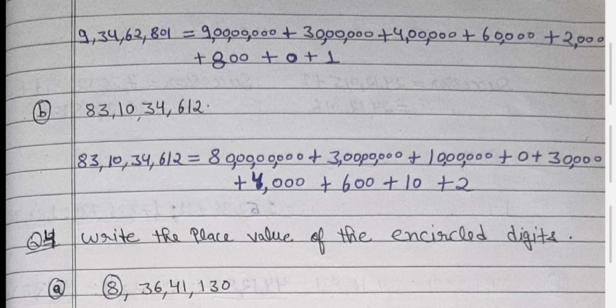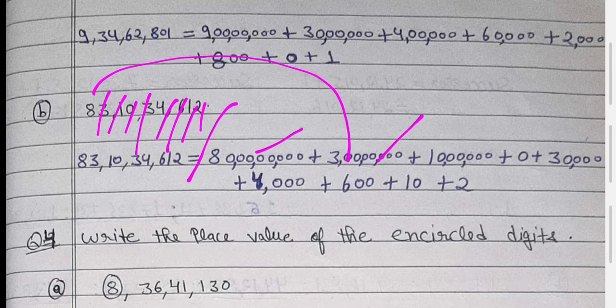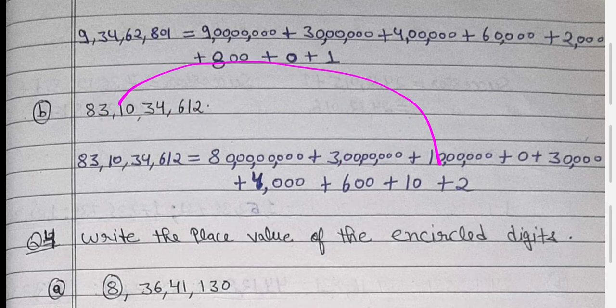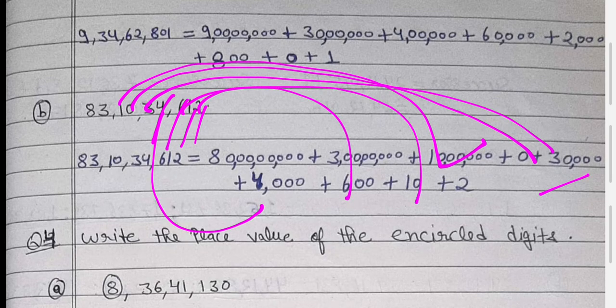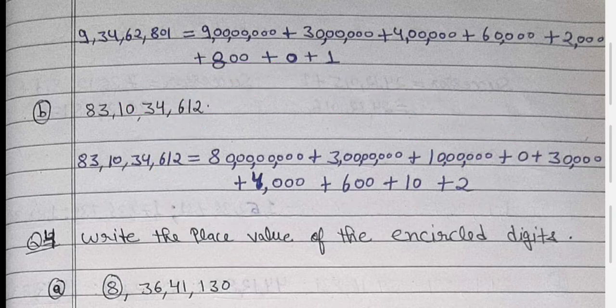The next one is the same kind of question. First write 8. Then how many digits are behind it? 1, 2, 3, 4, 5, 6, 7, 8. Then write 80. Then write 3. Write 70. And then write 1. Write 60. 0 is simply as it is. Then write 3. How many digits are there? 1, 2, 3, 4. Write 40. Then 430. Then 620. Then 110. 2 as it is. So you will get your answer. It is the expanded form.